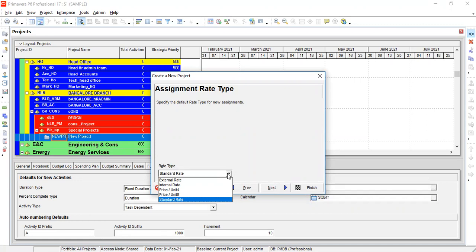Some salary calculations, because one project manager can deal with 5 sites in a month. But if he is a salaried person, we can't calculate it for individual projects. So we can put it as internal rate. Generally, we have to use the standard rate system only.